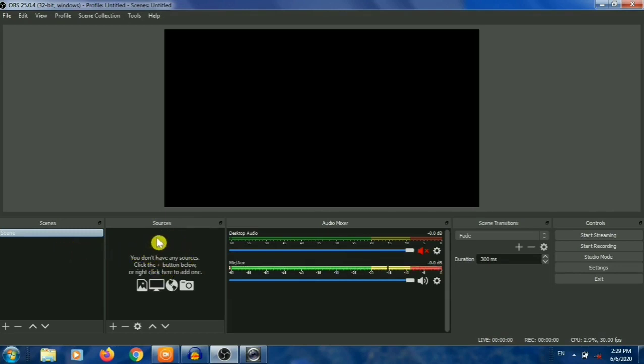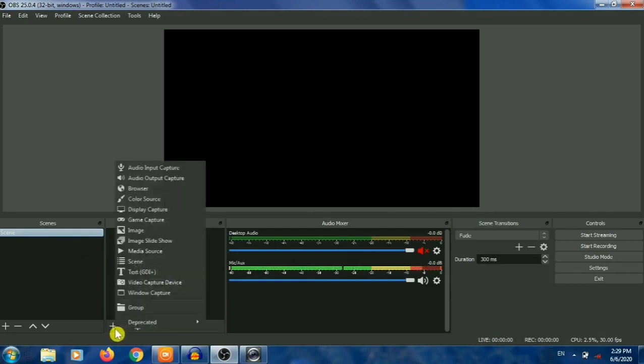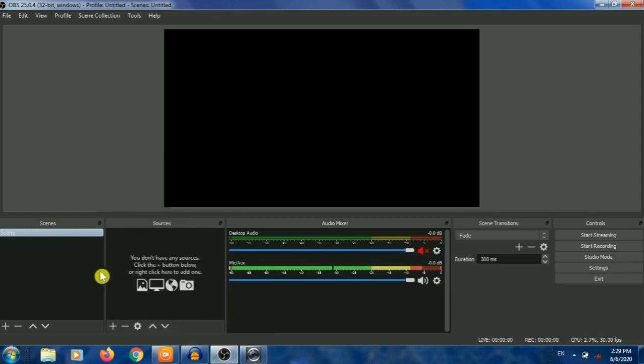This is the sources window in which we can add the sources by clicking on the plus button, and there are a number of sources. You can select one and then it will be added in the sources window. We can delete by using this minus button, that is the remove button. Here is the setting to change the setting of any source. These are the move up and move down buttons, which are generally used to move the sources up and down. This is the audio mixer